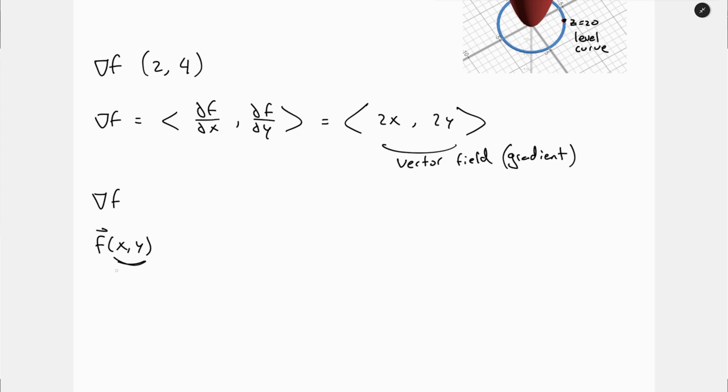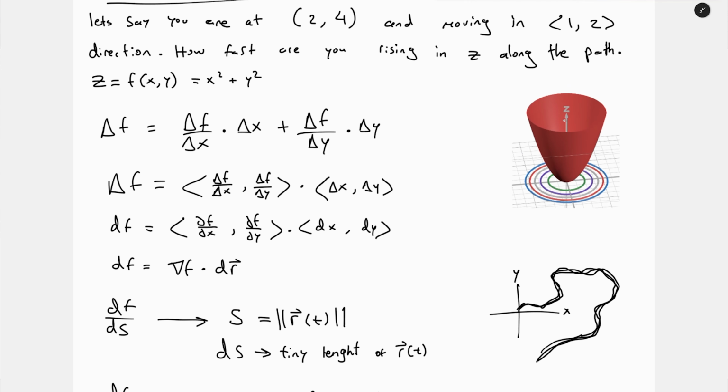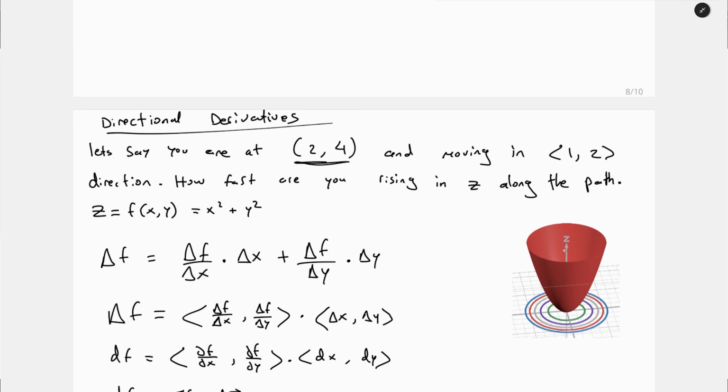So our vector had a location. So this is similar to that idea. We will put the location in here. We were at location 2, 4, as the question is telling us,